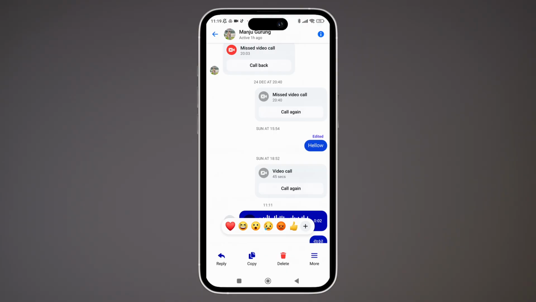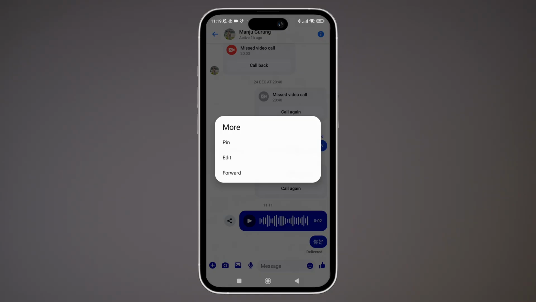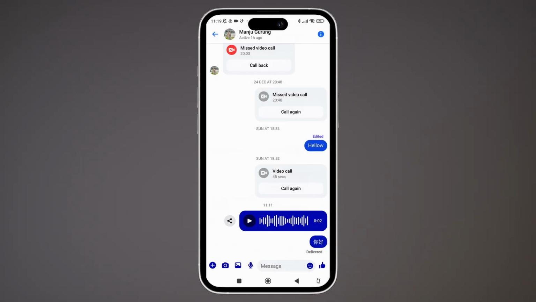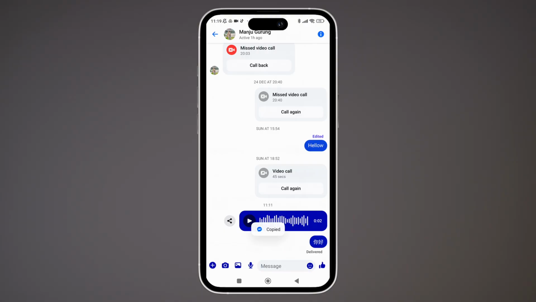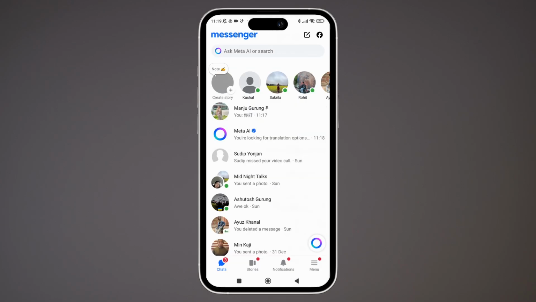In that menu, just tap on more option, and now here from the pop-up menu you can just tap on it, or you can even copy it directly by tapping on copy. And here, once you have copied the text, then what you can do is simply go back to the main